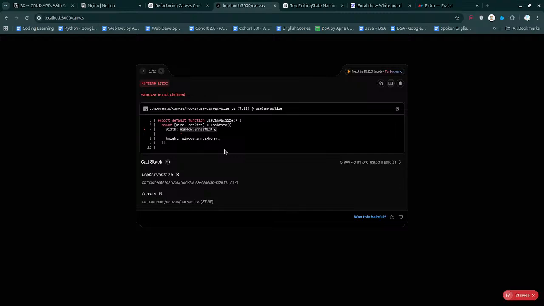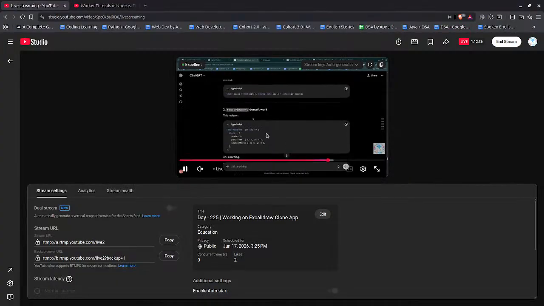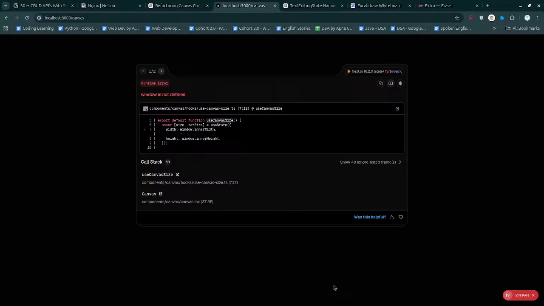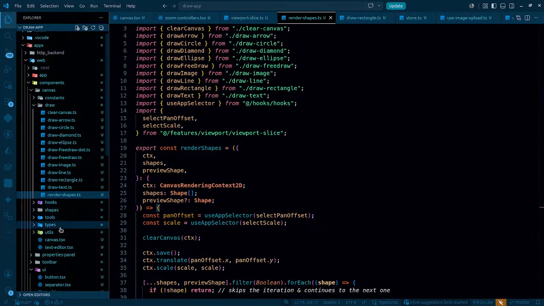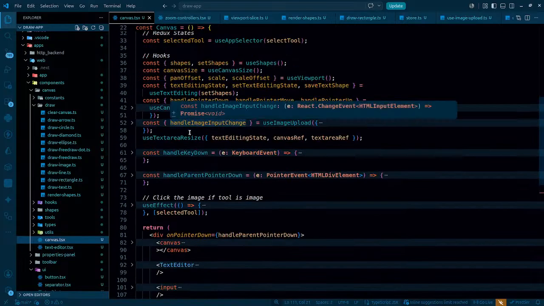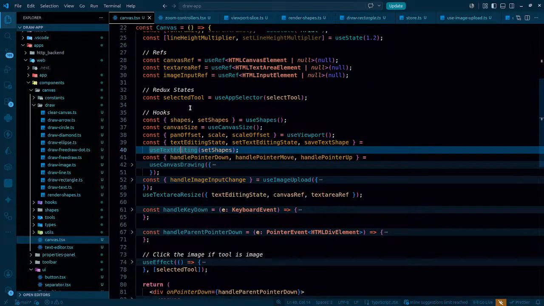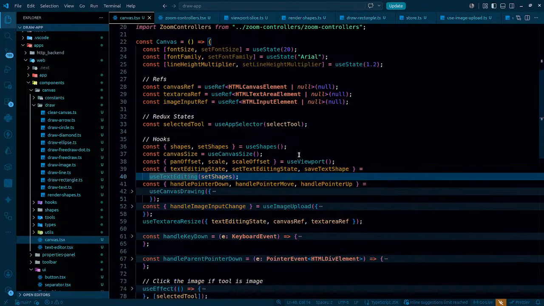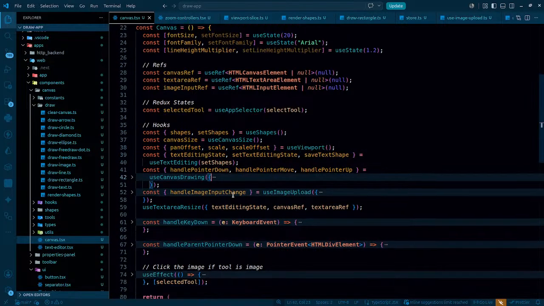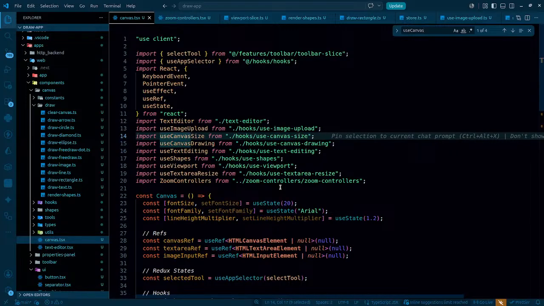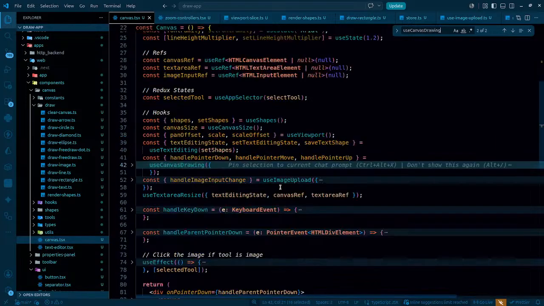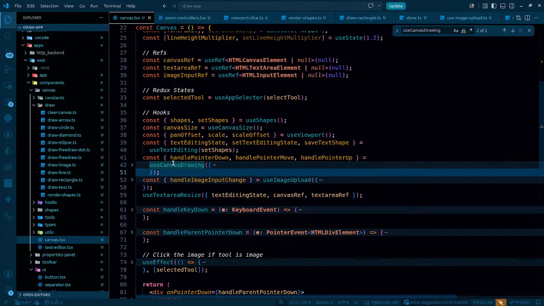Window is not defined. Use canvas. So the place where I'm actually using the canvas, it is telling me that window is not defined. So this is already used client. Where is that use canvas? This is it. If I click on this,